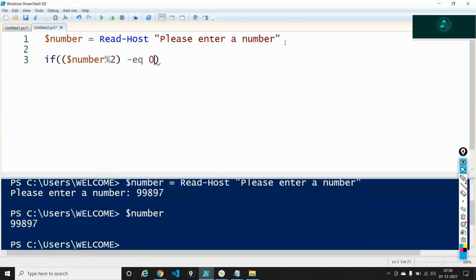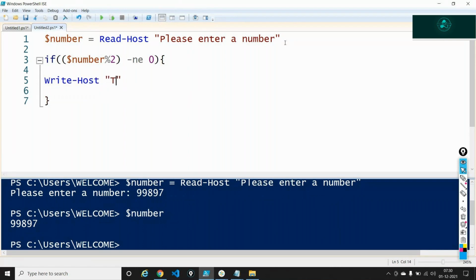Or let's make our logic a bit different. I want to say if $number divided by 2 is not equal to 0, then the number is odd, else the number is even. So how do I do a not equal to here? Equal to was EQ, not equal to was NE, not equal to 0. If it's not equal to 0, then I would say Write-Host